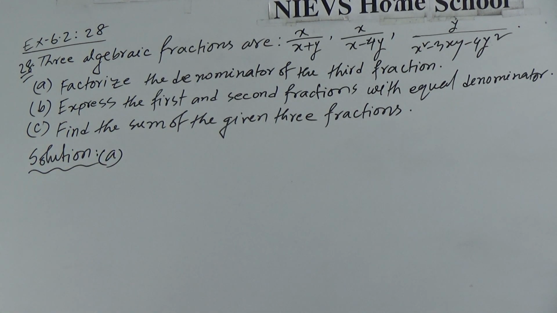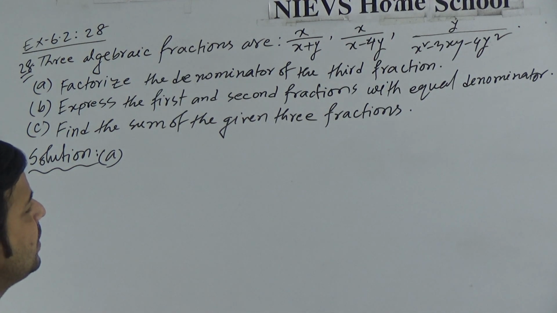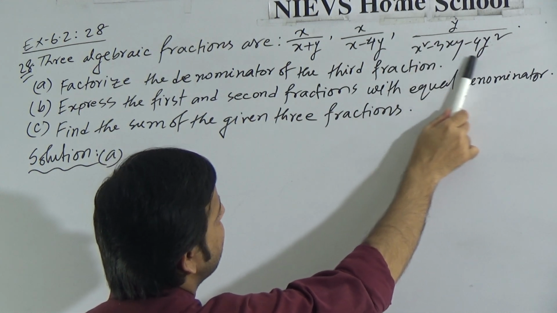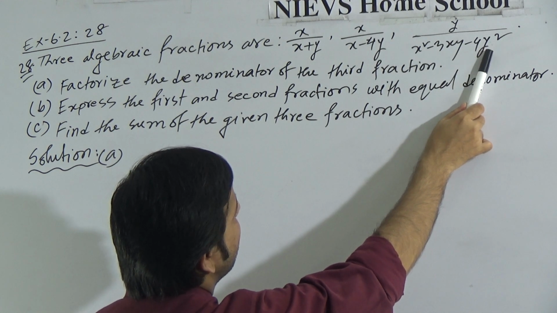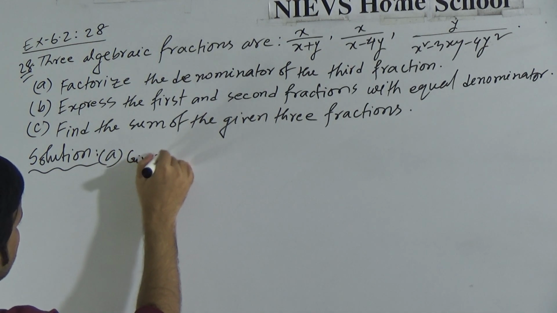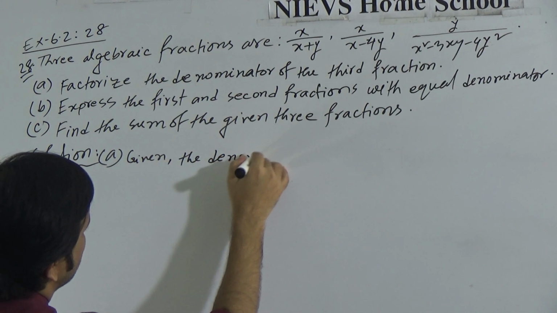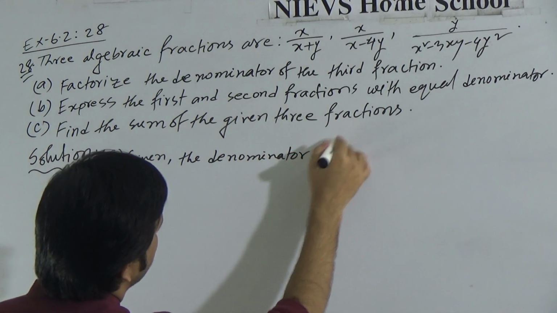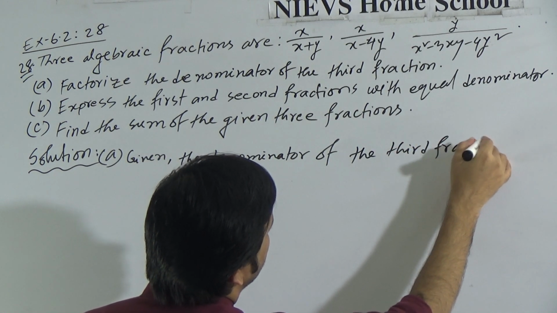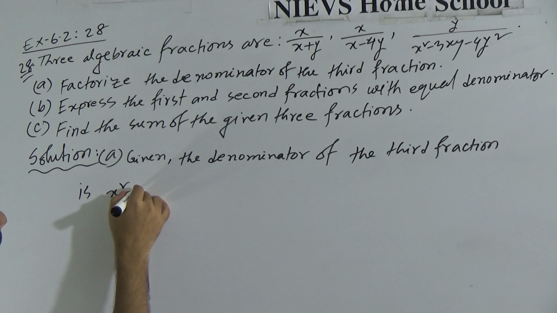First question A. Here we have to factorize the denominator of the third fraction. What is the third fraction? Third fraction is y by x square minus 3xy minus 4y square. So denominator of third fraction is x square minus 3xy minus 4y square. We have to factorize this. Okay, dear student. So we can write given the denominator of the third fraction is x square minus 3xy